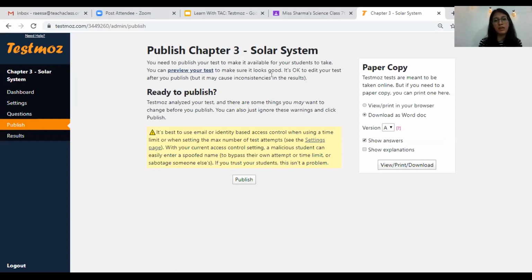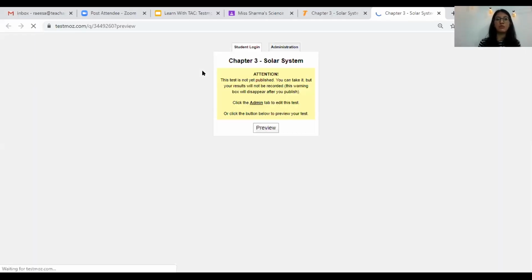So I'll simply click preview your test, which will take me to another link, which is the preview link. Now, if you can see, the student login is here, and all I'm going to do is preview or see how this test is going to look for my students. So I'm clicking preview.